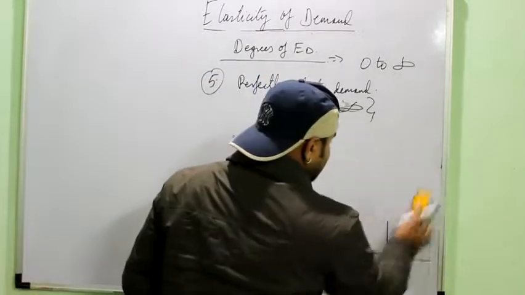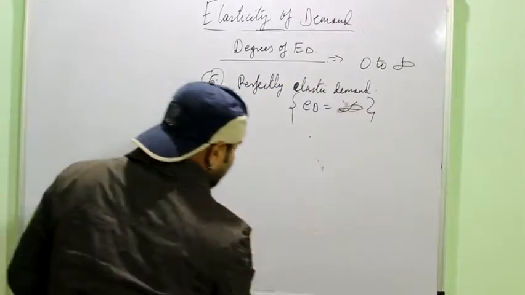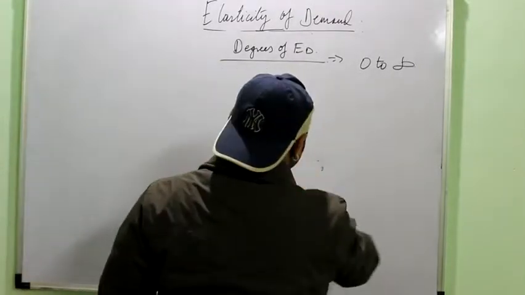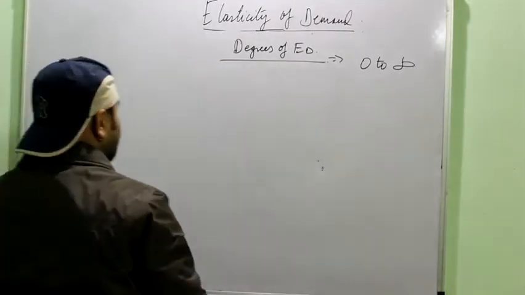So it means that slope and elasticity of demand are also related. That also we will study. But first we can have a look at how to draw all the degrees of elasticity on a single diagram, because the question may be asked where